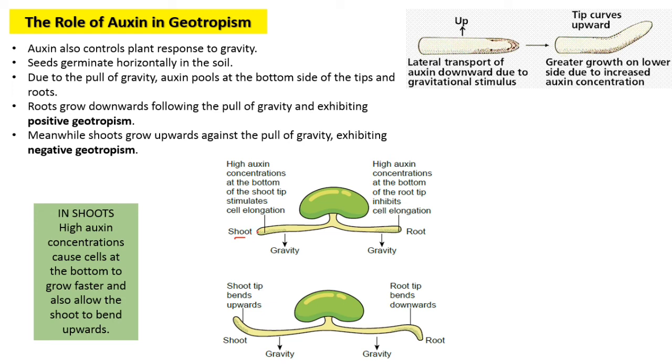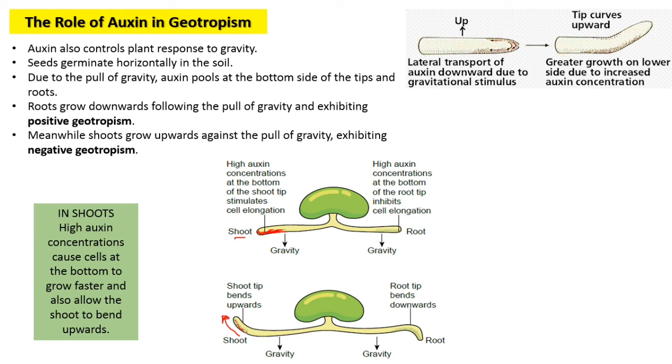Auxin is produced at the tip of the shoot, and the high concentration of auxin accumulates more at the bottom part of the shoot because of gravity. So that's why the shoot will bend upwards, because a high concentration of auxin stimulates